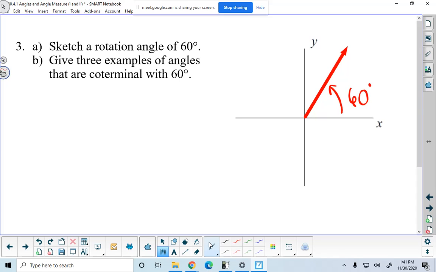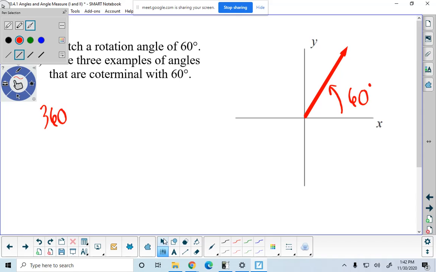Well, if you look at your screen right now, if I wanted to take this arm from its current location and rotate it further and end up in the same location, I could rotate another 360. Or I could take that 60-degree angle and rotate negative 360. And I think it's obvious to most people that to get a coterminal angle, you're going to either add or subtract multiples of 360. So, for example,